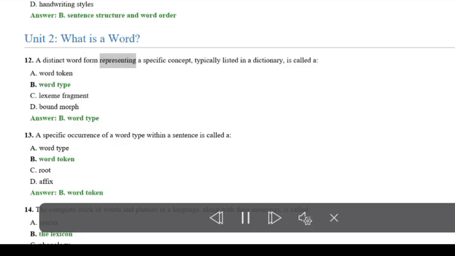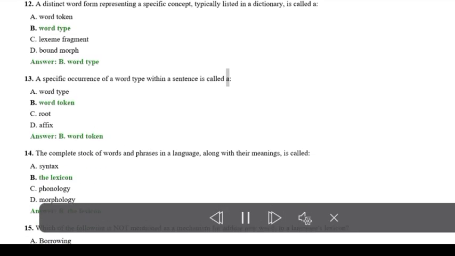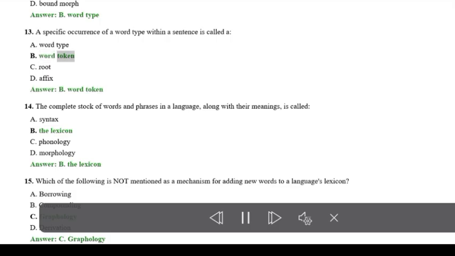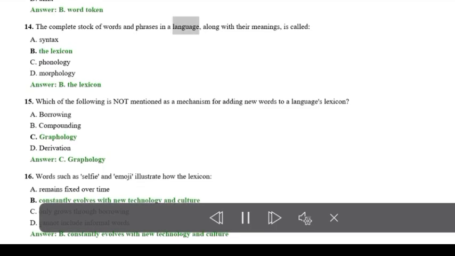12. A distinct word form representing a specific concept, typically listed in a dictionary, is called A. Word token. B. A word type. C. Lexeme fragment. D. Bound morph. Answer, B. A word type. 13. A specific occurrence of a word type within a sentence is called A. Word type. B. A word token. C. Root. D. Affix. Answer, B. A word token. 14. The complete stock of words and phrases in a language, along with their meanings, is called